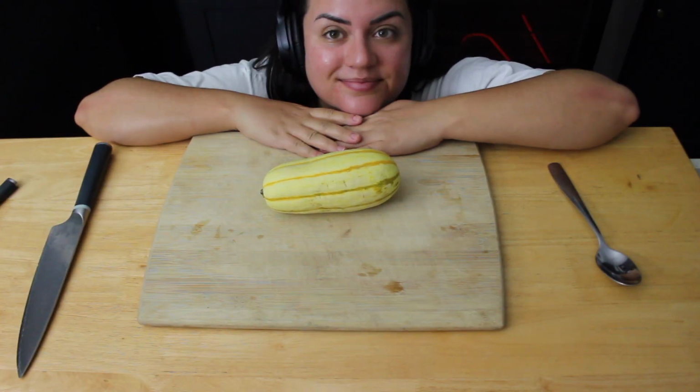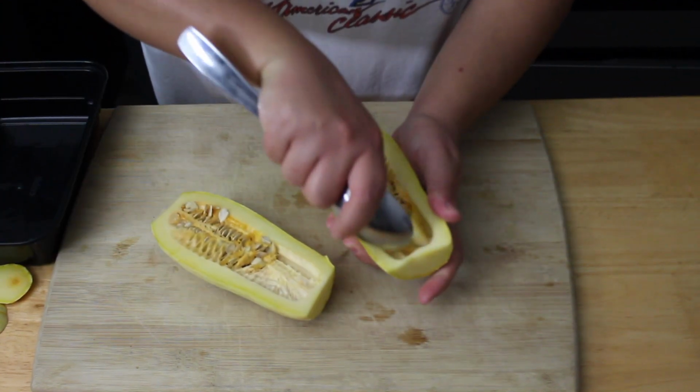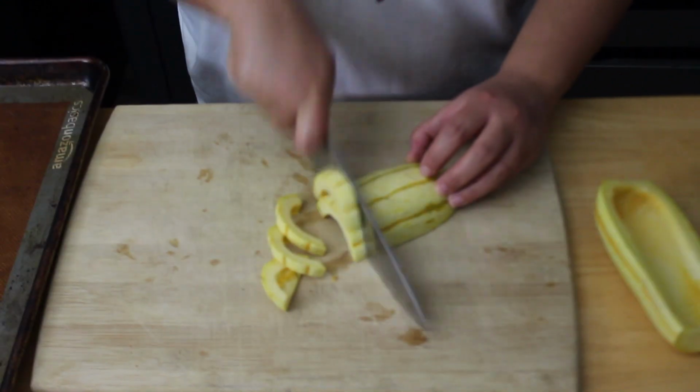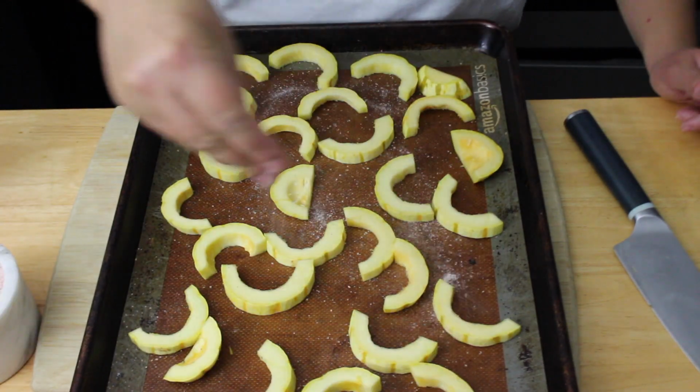Oh, hi, it's time for dinner. So I decided to make a little delicata squash because they are in season and I love some delicata squash. So I'm trying to recreate this dish that I had in Montana at this restaurant called Blackbird. Oh my god, you guys. This restaurant was so good, and they had this amazing